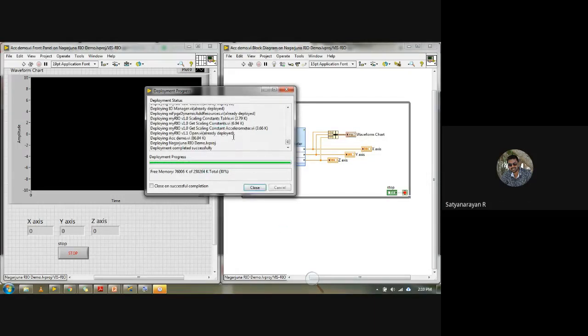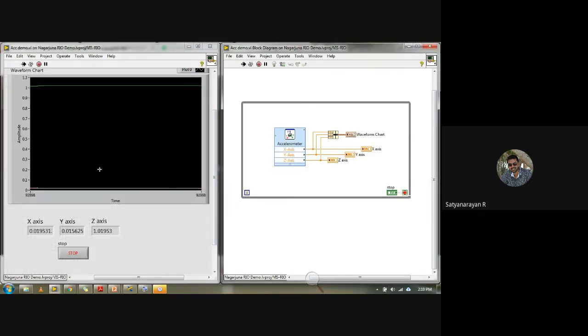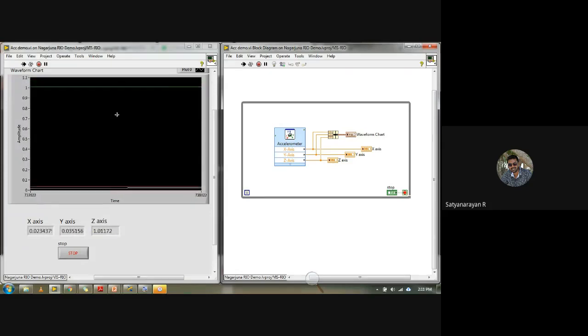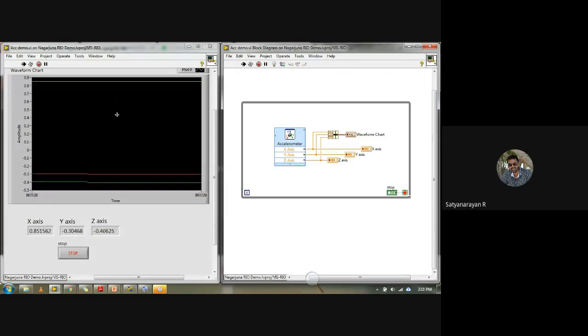Okay, now it's deploying. Once it is deployed, you can see the variation is very fast, right? You cannot trace the output, but the values keep on going.